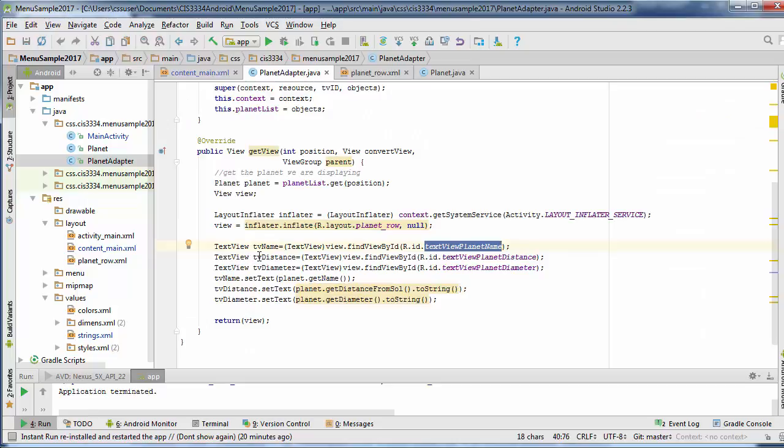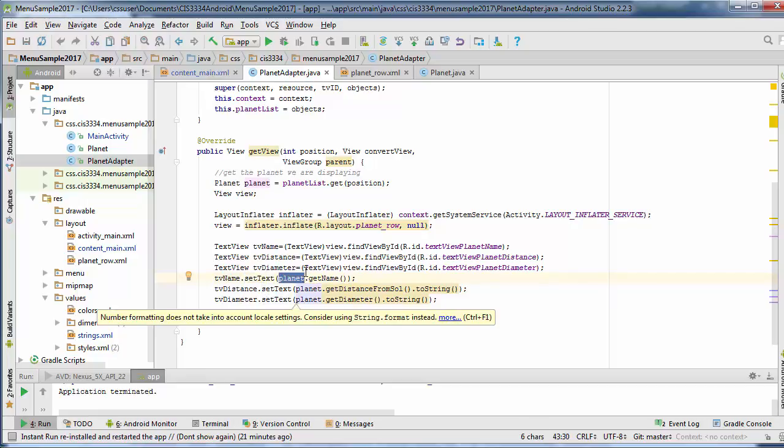Similarly, we want to display the distance and the diameter here. So we'll declare a couple more TextViews for that. Again, we declare TextViews, or whatever objects we have in our layout, and we use view.findViewById to create those. Now we can just do tvName.setText to set the text of these different values. When we do that,